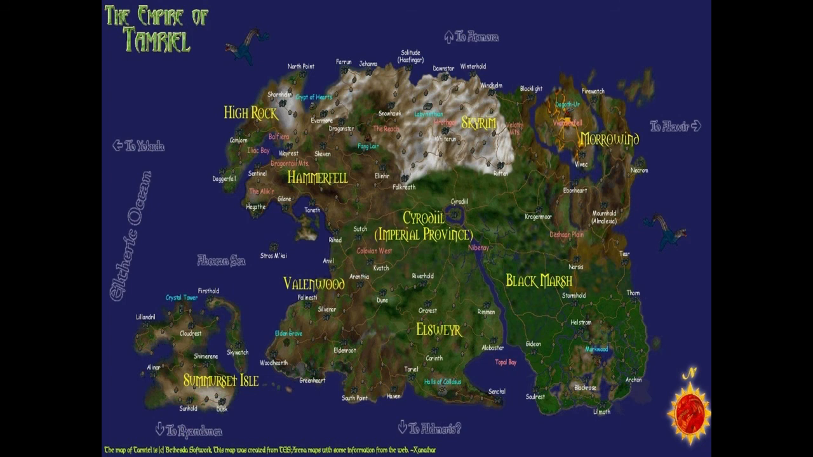This is the Empire of Tamriel, and this is a very good map, I've always thought, of the Elder Scrolls, which is, of course, property of Bethesda. And as you can see, we have Skyrim in the north, we have Morrowind, we have Hammerfell, we have the Cyrodiil Imperial Province, we have the Black Marsh, Elsweyr, Valenwood, and Summerset Isle. What you can see here is what you're going to see in the very next pieces of our guide,